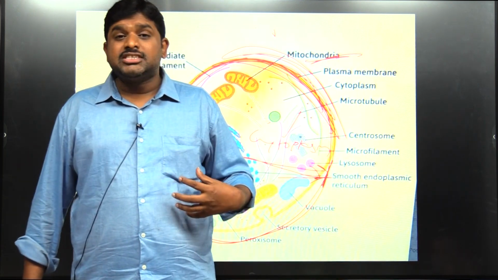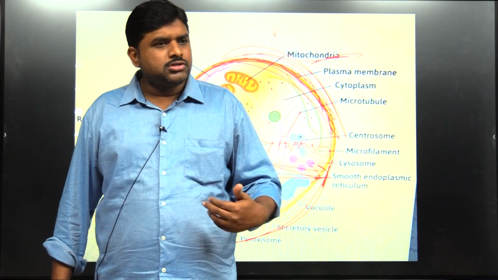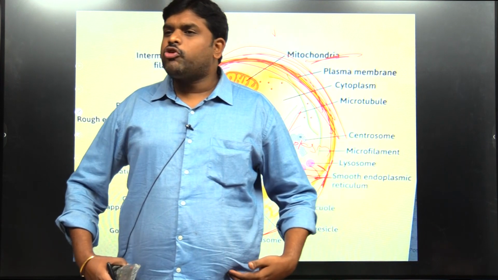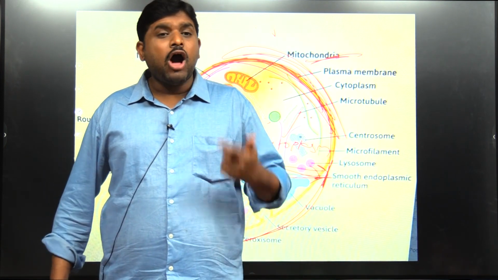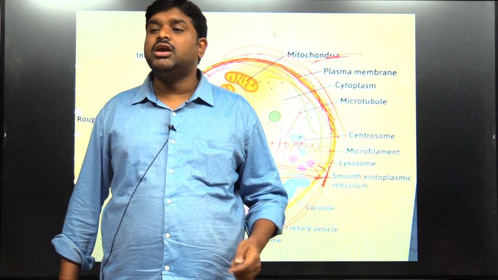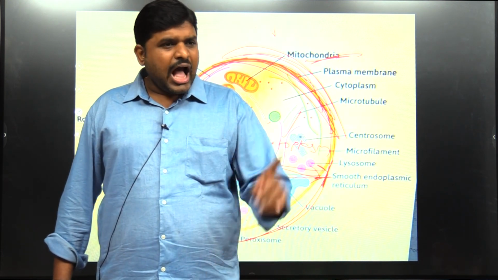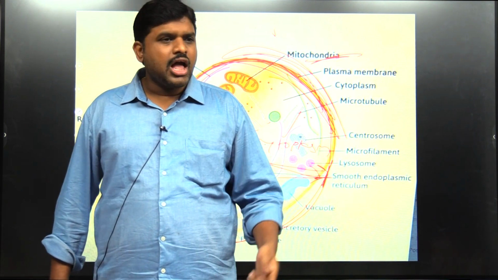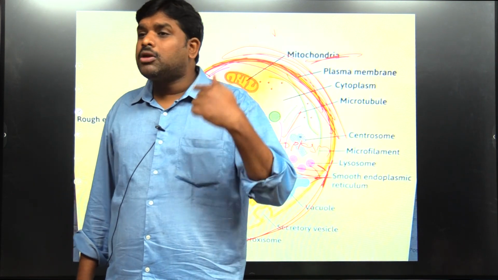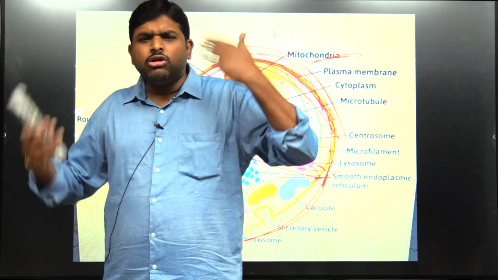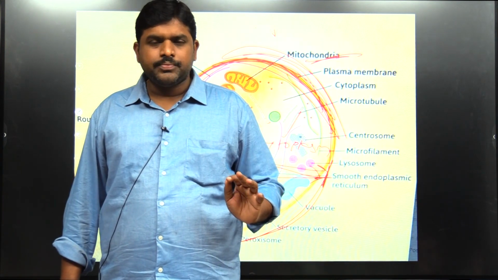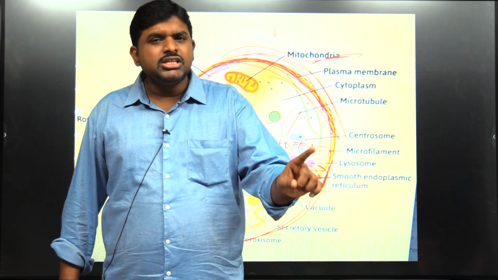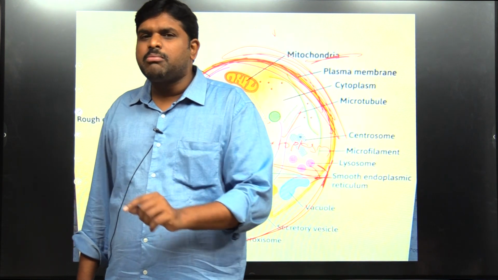Everything which is acting like a catalyst is a protein. The survival of man depends upon how the proteins are produced inside the body, which is called protein synthesis. Abnormal protein synthesis means abnormal hormonal release, abnormal blood, or total abnormal functioning of the body. So, if the protein synthesis is proper, then the functioning of the body will be proper. If protein synthesis is abnormal, then abnormal functioning of the body will happen.